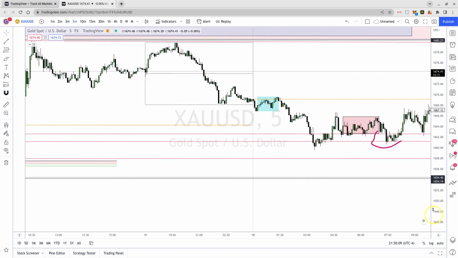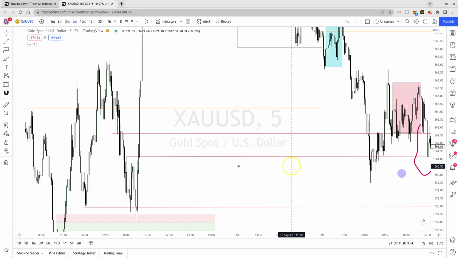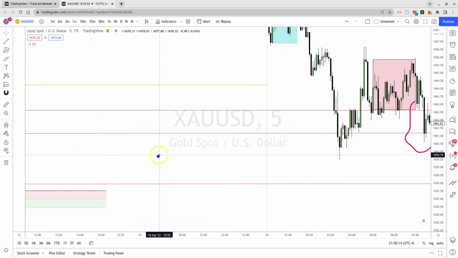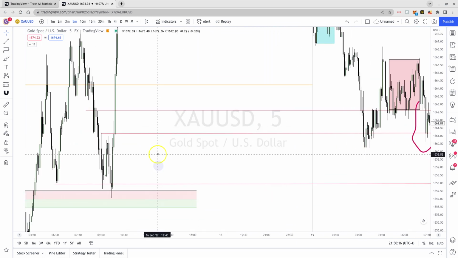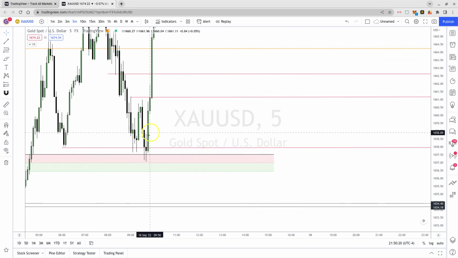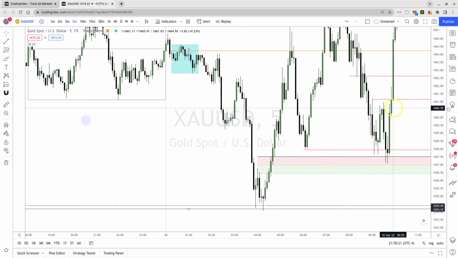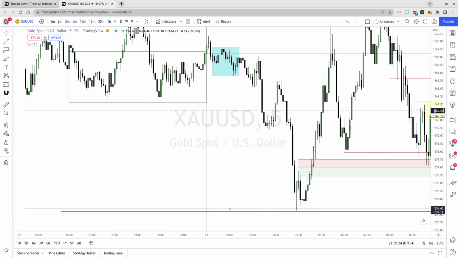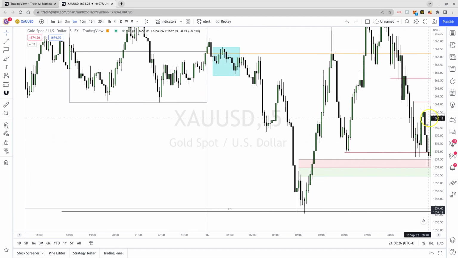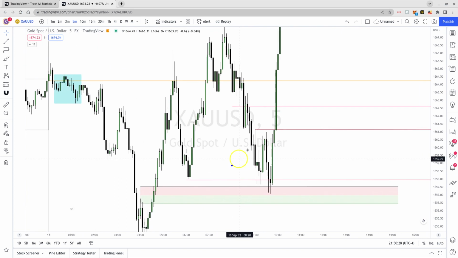right? So look at here. All right, this is our breaker, okay? Because if we were to see this, we would see this as that true order block, right? But once price trades far beyond this,